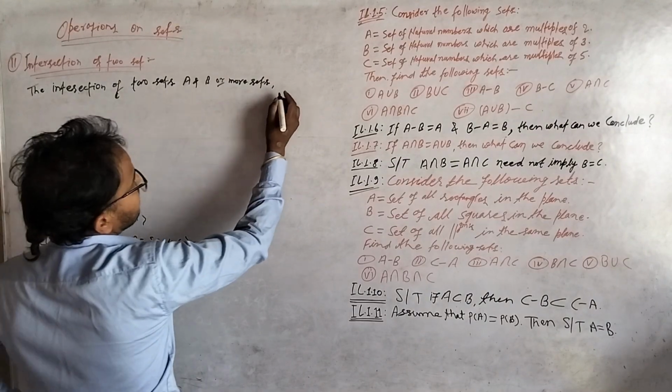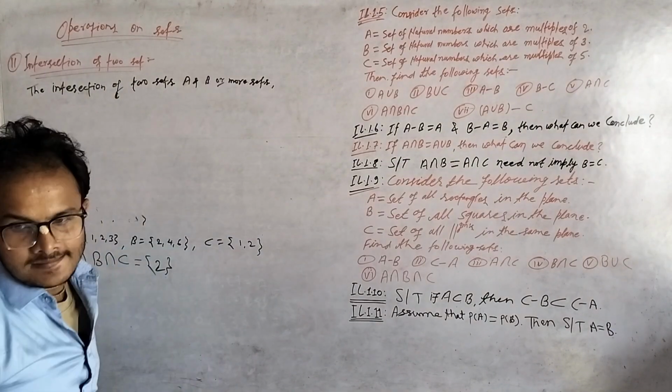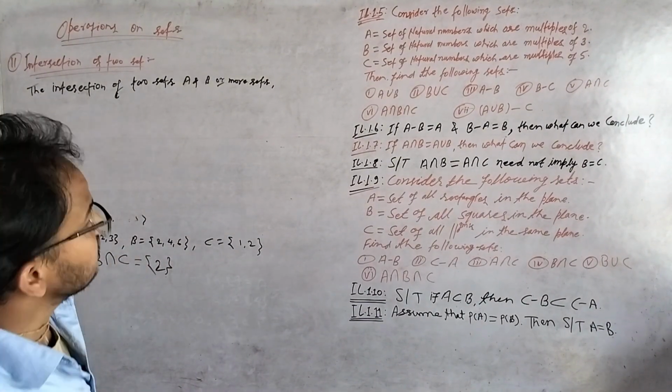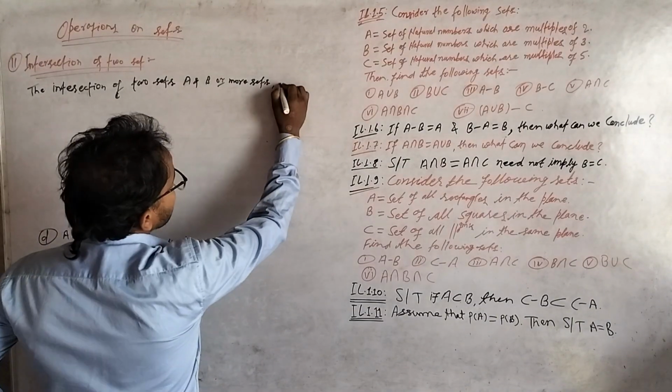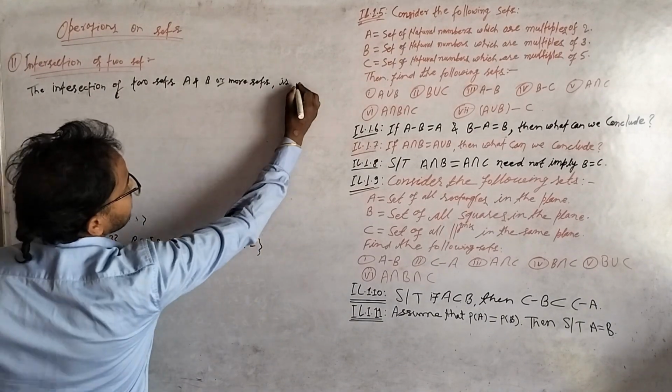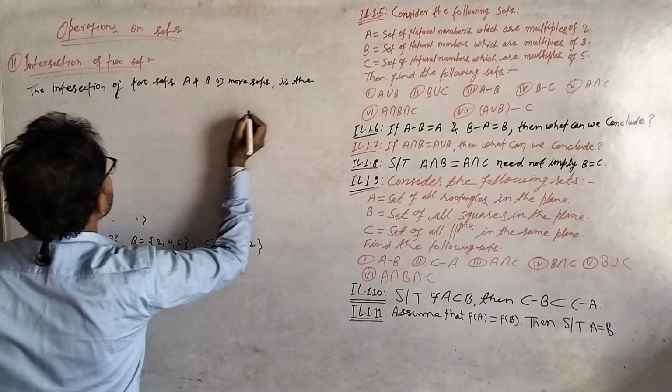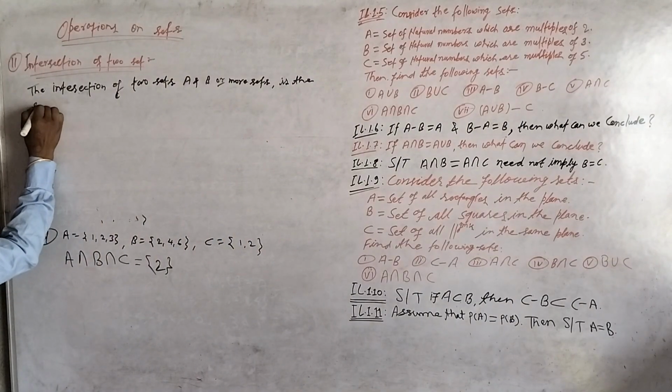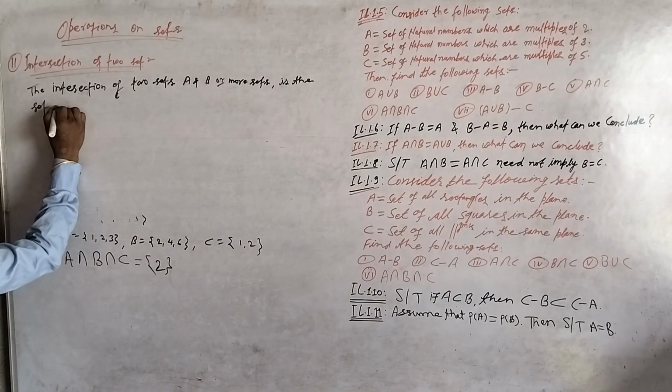The intersection of two sets A and B, or more sets, is the set